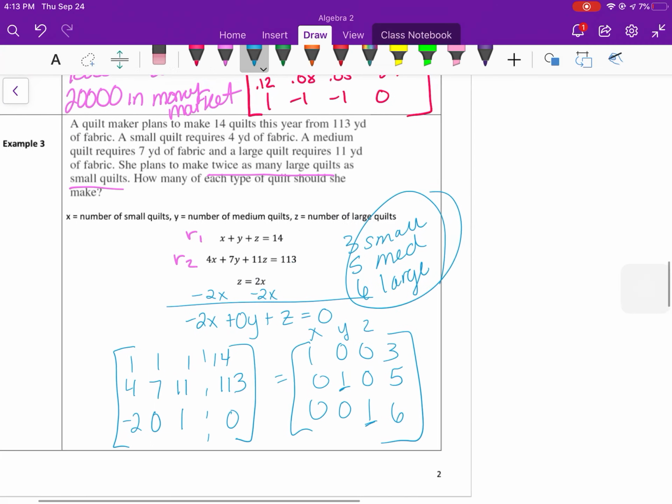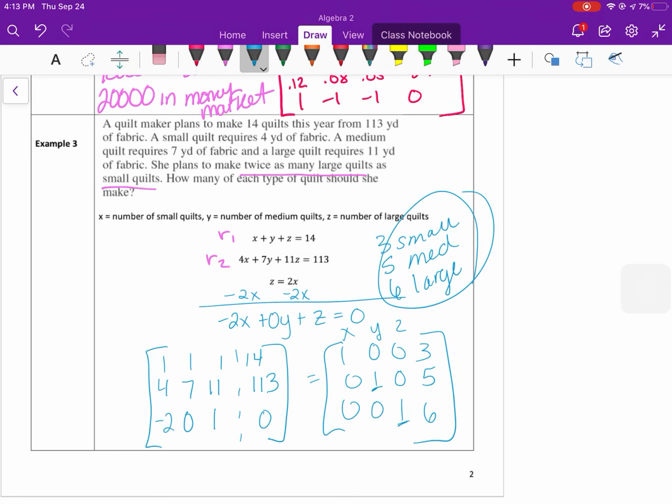So pretty neat process. The calculator certainly makes solving these 3 variable systems a lot easier. It'd be very difficult done by elimination or by